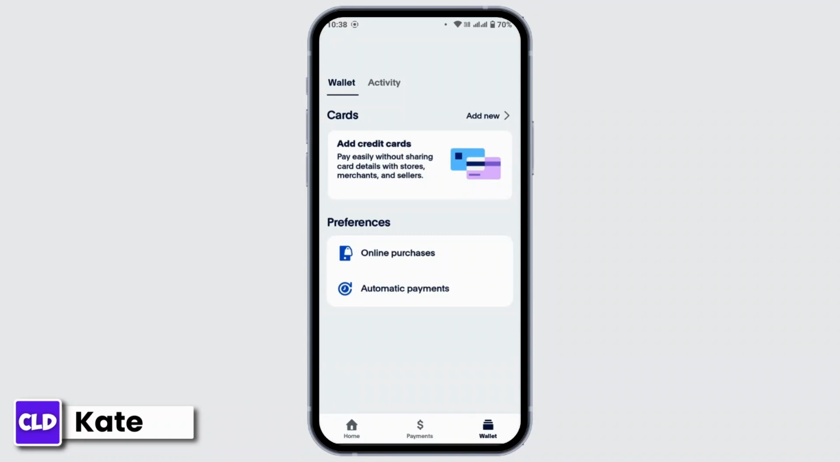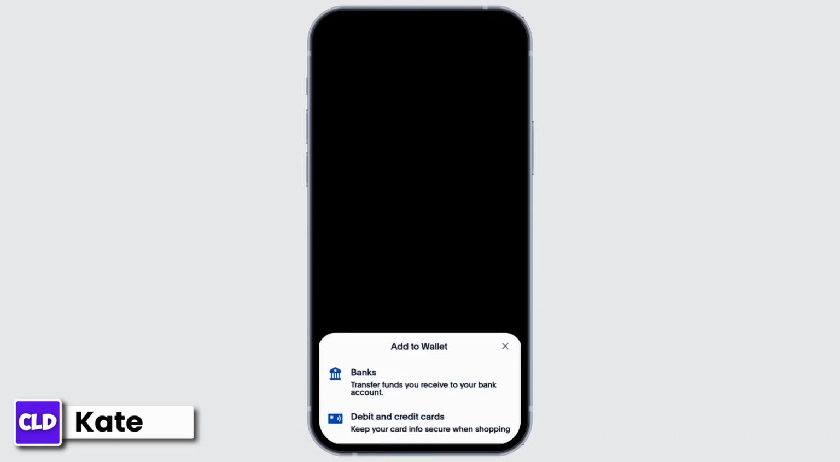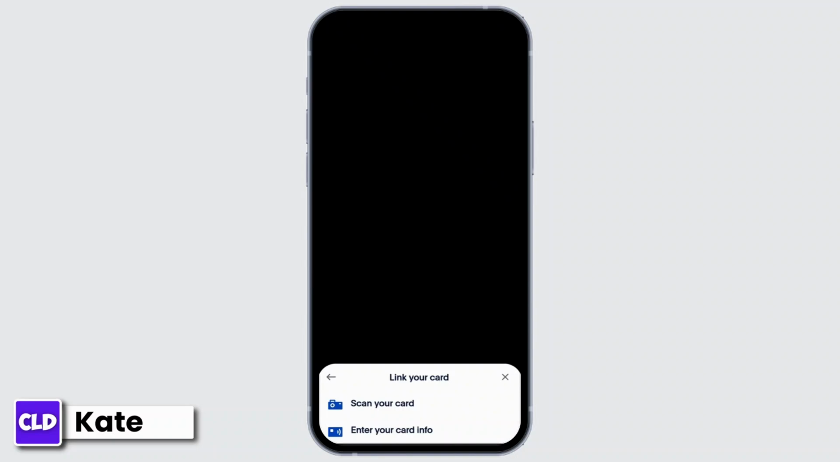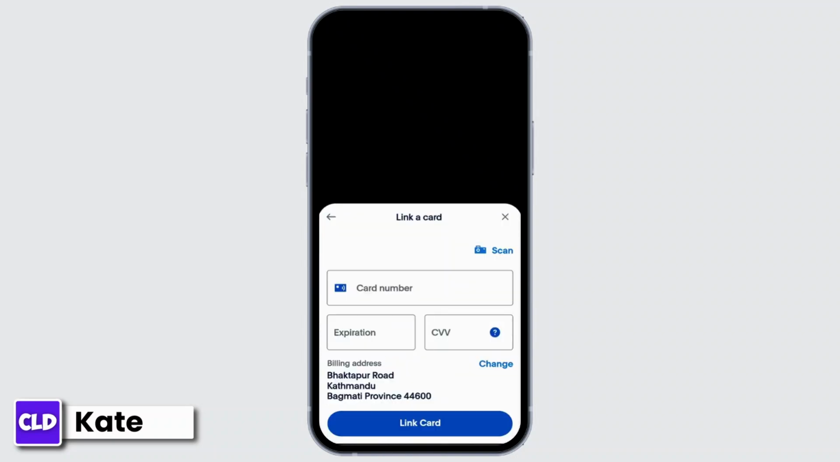Now once you get on the wallet page, there you get an option as add credit cards or add new. So tap on add new and here tap on debit and credit card. Then tap on enter your card info. And here you get to type in your card number, your expiration date and your CVV, that is a security number. But unfortunately, as of the last update of PayPal, we cannot add Vanilla Visa card directly to PayPal account